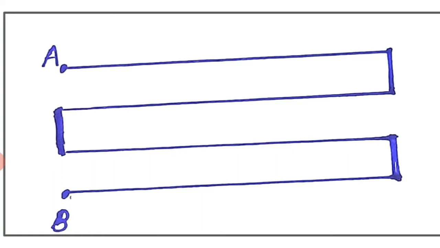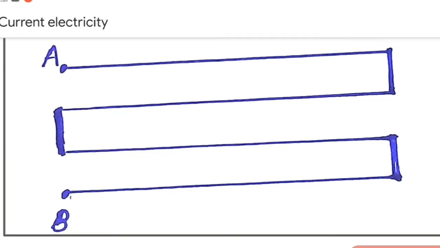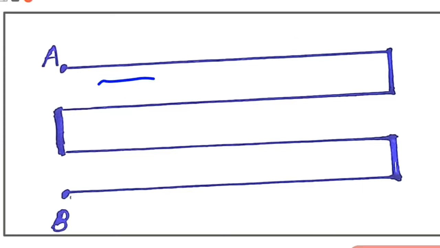So this shows a potentiometer wire. The potentiometer apparatus consists of a 10-meter length of wire, arranged in 10 rows. Here we have shown 4 rows. Like that, 10 rows will be there in an actual potentiometer. Each row will be of length 1 meter. That is what a potentiometer is.